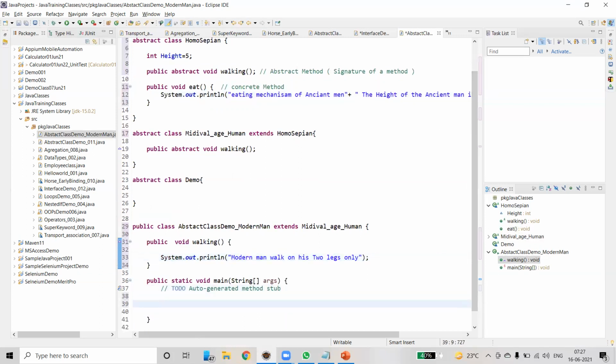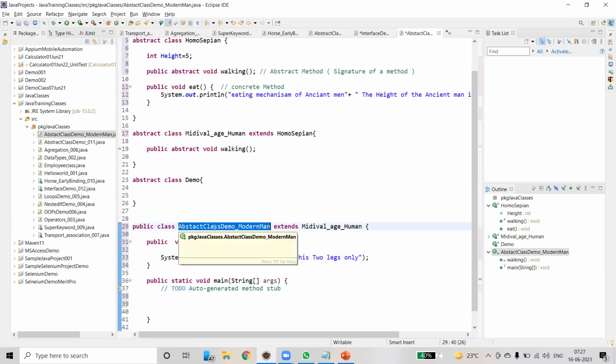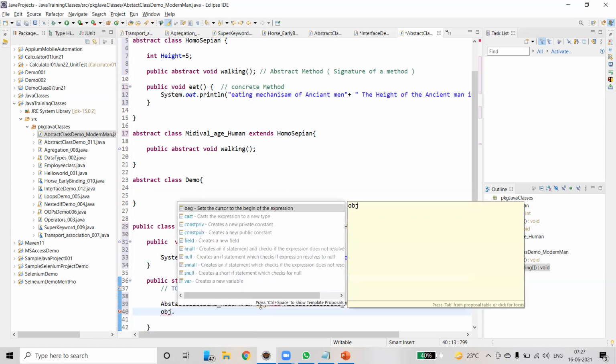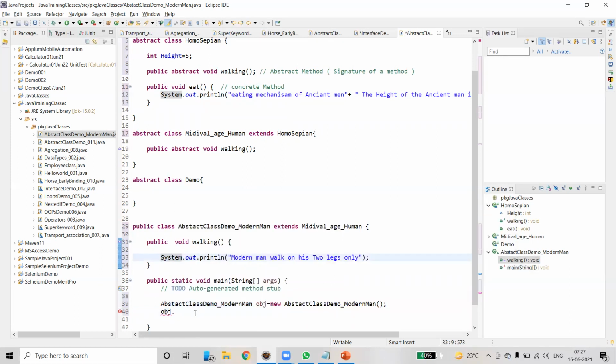Now, how to create an object? As usual, we can create an object for an abstract class, abstract demo modern man. Obj equals new. What is the class? Actually, we have abstract dot walking.